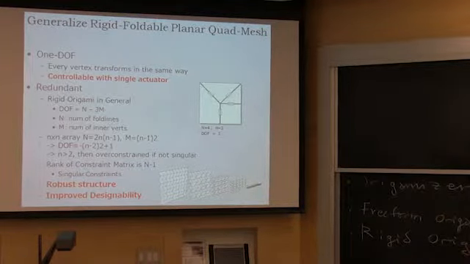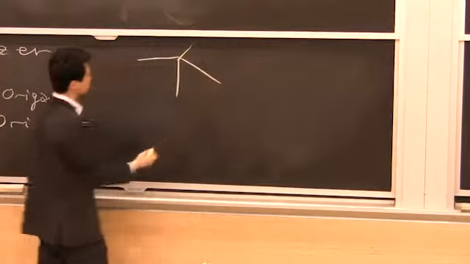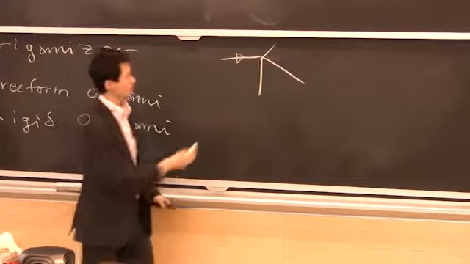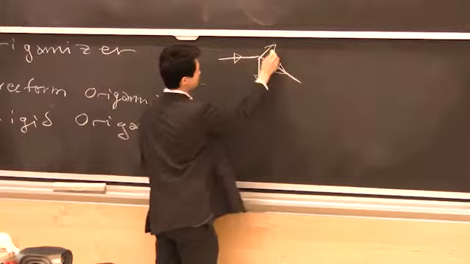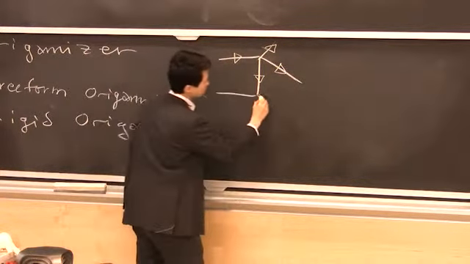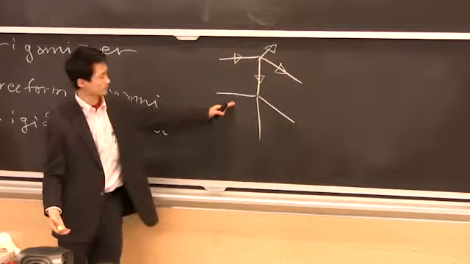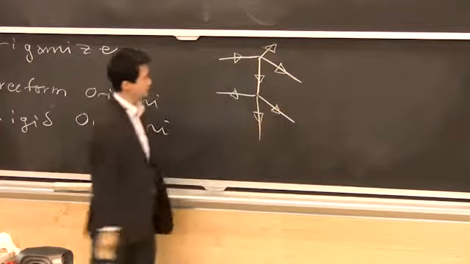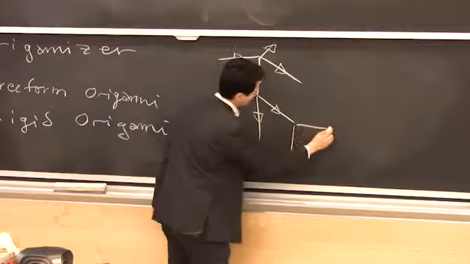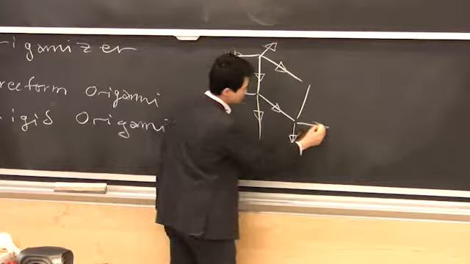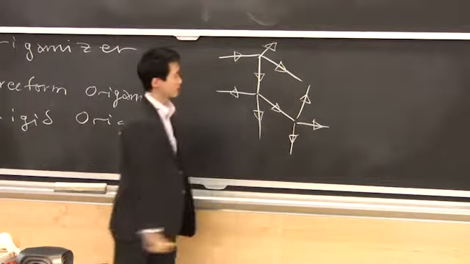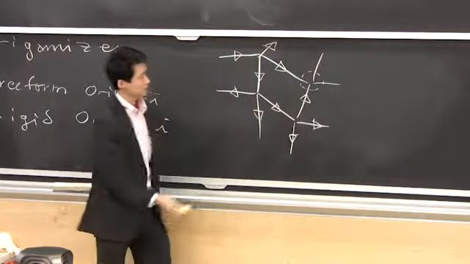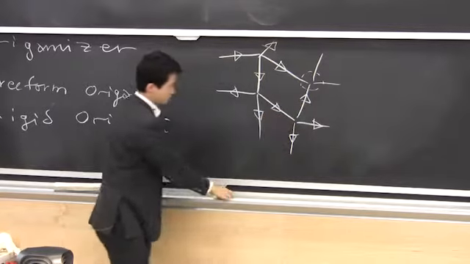Basically, if you define this folding angle, then all the folding angles here are defined. If you have another degree 4 vertex, then everything here is defined. And you want to have another vertex here that is defined by this folding angle. And then you will have a problem here because this folding angle and this folding angle contradict